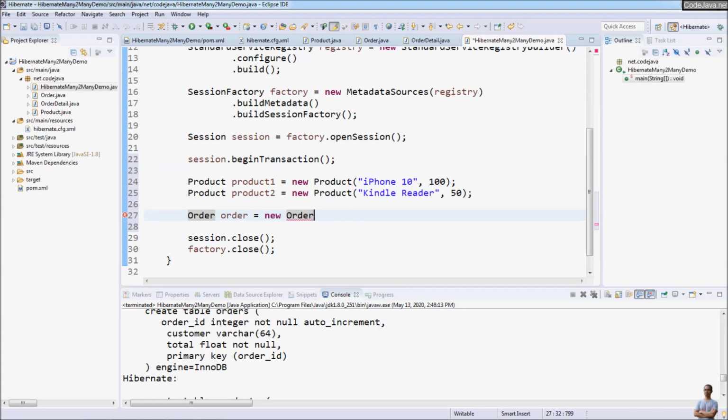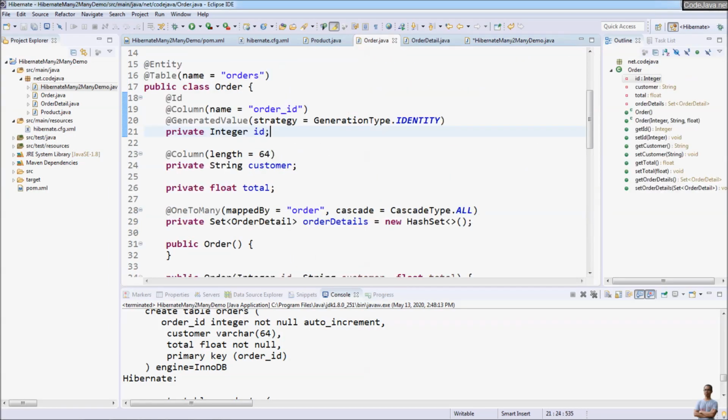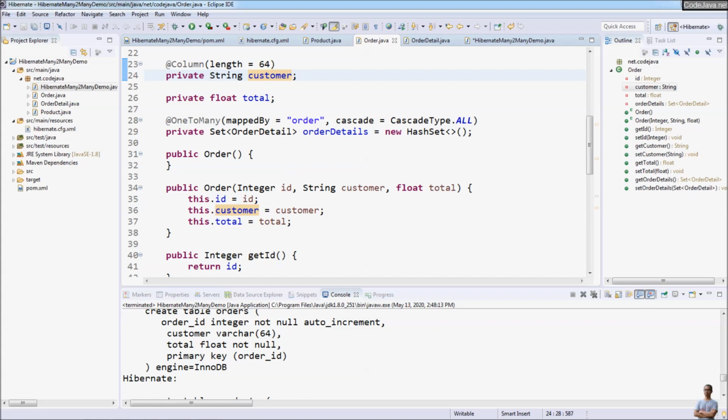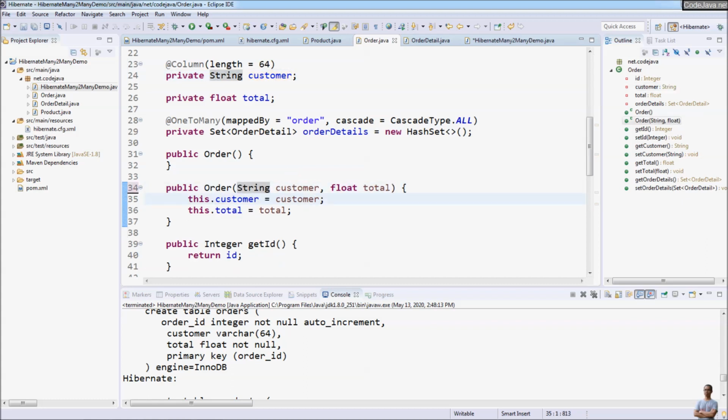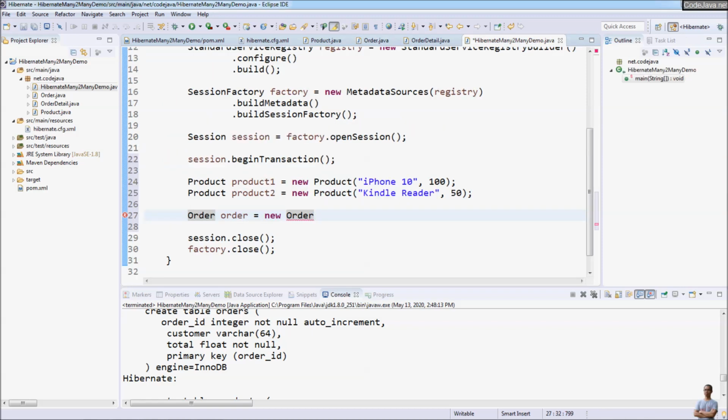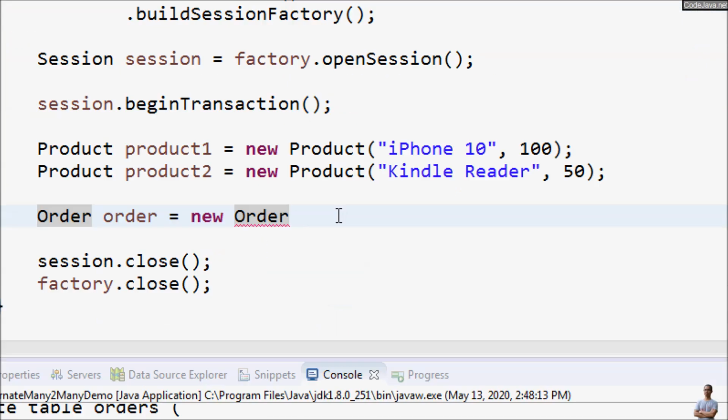We need to update its constructor. No ID, just customer name and the total amount. Here, the customer name is Ravi Kumar. Total amount is, for example, 200,